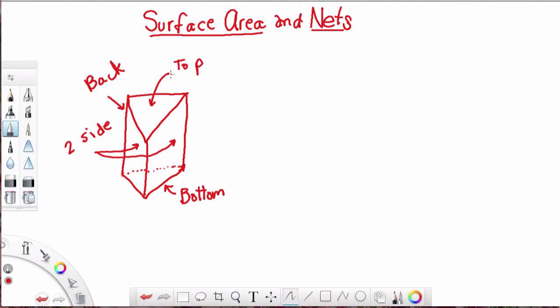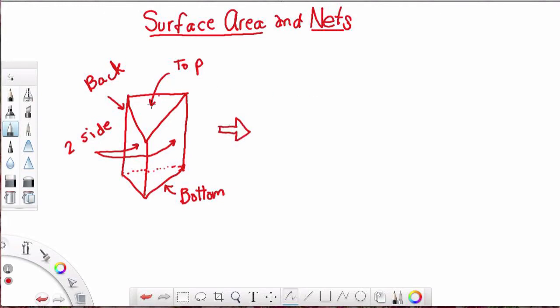Okay, and by the way, this is a prism. It's a triangular prism. It has a top face, a bottom face, two side faces that we can see in the front, and a back face. All together, it has 5 faces. So now this is where the net comes in. If we want to find the surface area